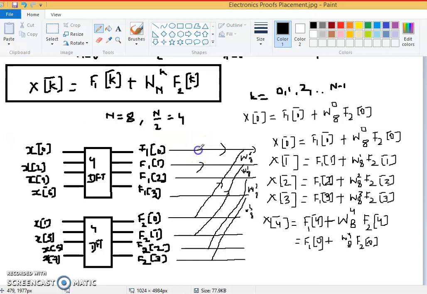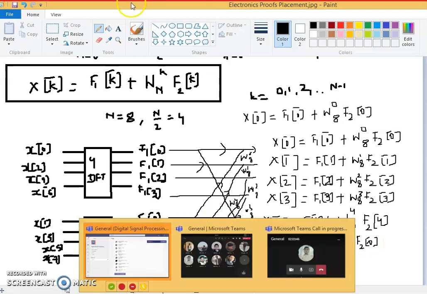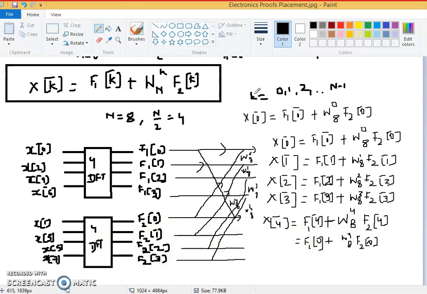So we can obtain this by taking it and multiplying with W_8^4, and we will be getting F1[0] plus W_8^4 F2[0]. Similarly we will be multiplying here also. This will be going like this, this will be going like this, and we will be getting things like this. Okay, so